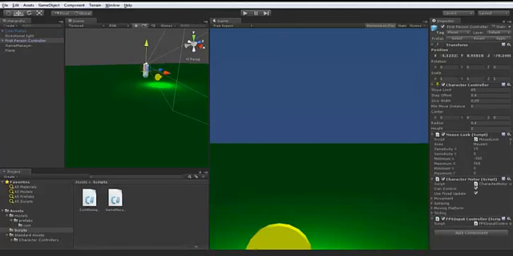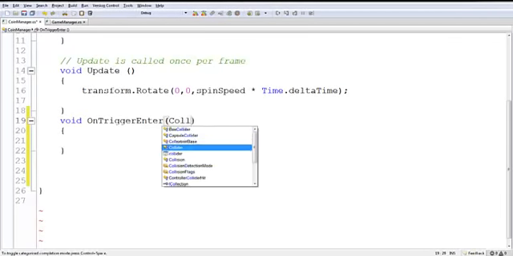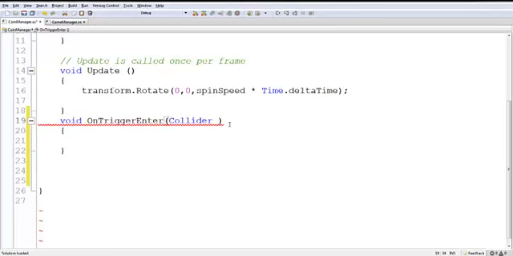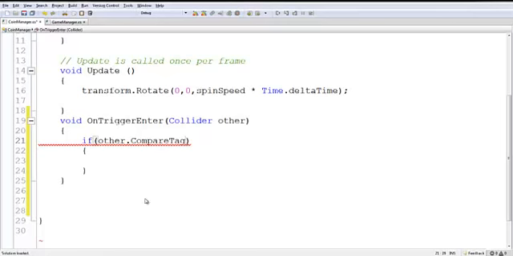Now let's take a look at scripting this. The first thing we have to do is pass a variable in here. So we're going to call this other. And this variable, other, can store any sort of information that we get when we bump into a collider. So if we say if other, so now we're saying if we bump into something and we're registering all the bumpers, and we'll use CompareTag. This is a pretty good one. If our other object, and we'll compare a tag, is tagged with, so CompareTag is a pre-existing method, Player,